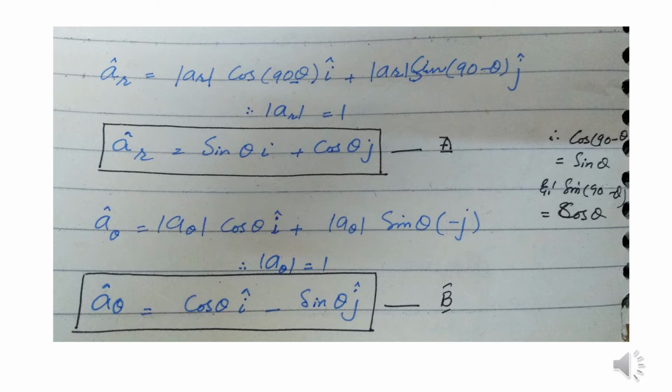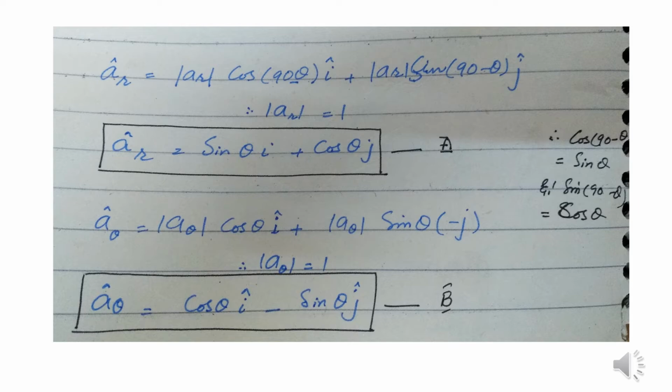To find the polar coordinates, we will solve these polar coordinates. To solve these polar coordinates, we will solve the angles for the AR unit vector. That AR unit vector is in the direction of radial component r. So writing as AR unit vector